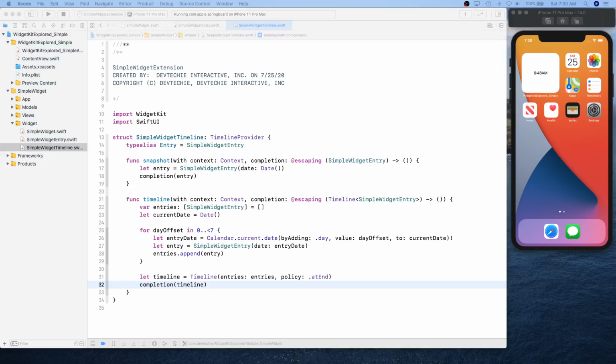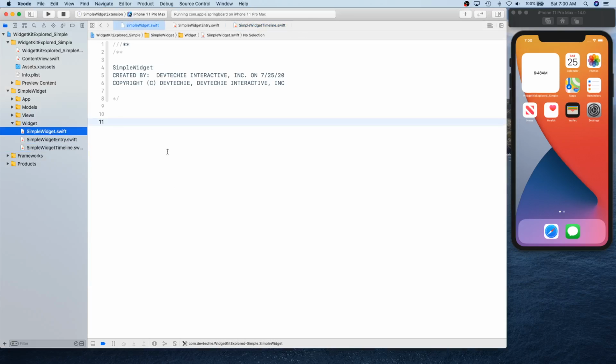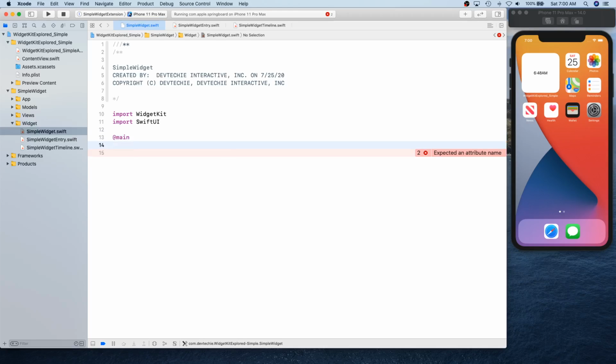Then let's go ahead and create our main entry point for the widget, so we know what all components we're gonna need. So go back to the SimpleWidget.swift file, and we're gonna import WidgetKit, import SwiftUI, and we're gonna decorate this struct with @main. This is going to be the main entry point for your widget.